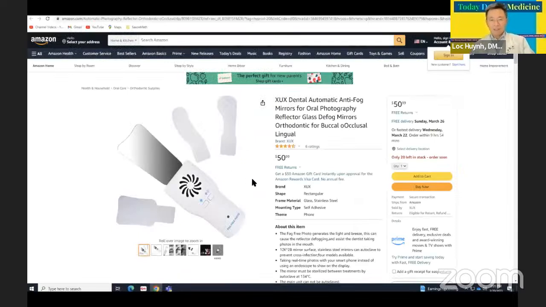The other item you should have is the occlusal view mirror. And on Amazon, if you type in Antifogging Mirror for oral photography, you will see this one. It has a fence and it has a light. It's wonderful. It's less than $50,